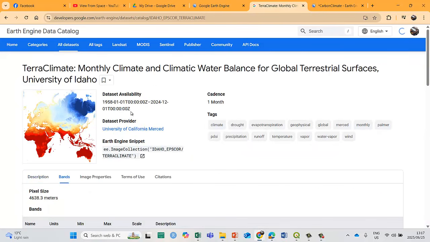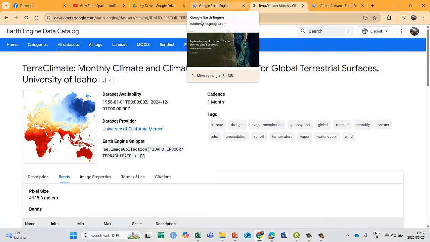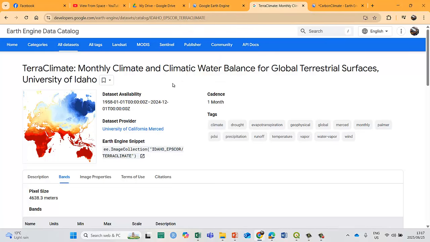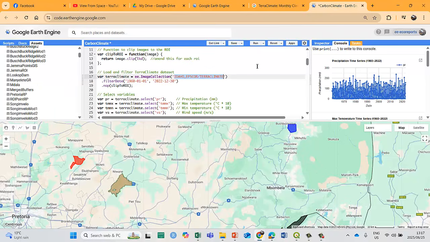Okay, so let's quickly click on it just to show what. It's 2024/12. Okay, so they've updated. It's 1958 to 2024/12. So that's good, because last time I checked, it was only up to 2022. So I can make that 2025. I've also recently changed it, not using the 30th and the 31st, but making it the first of the month following the last month of the data.